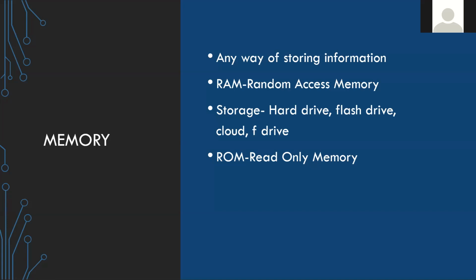There's a couple of words we hear thrown around. And I'm not going to lie to you, even until I put this together, I didn't actually know what all of these stood for. So don't feel like this is knowledge that a regular person walking off the street has to know. I just always heard these terms, and so I thought it might be nice to actually know what they meant. The first one is RAM. It's random access memory, which we're going to talk about in just a minute. Storage is your hard drive, your flash drive, the cloud, the F drive. Those are the ones that we refer to probably the most when we think of saving something. And then ROM is read-only memory,